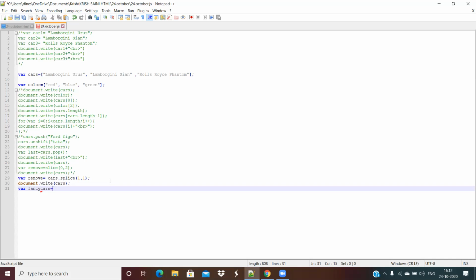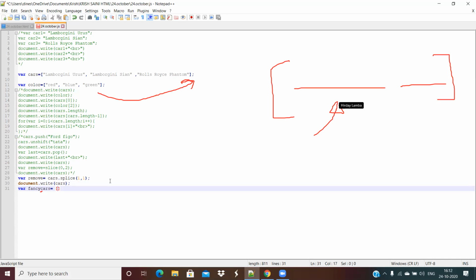So we have got this cars, and after that we want to add the colors over here. So we will have one big array, which will contain the cars also, and it will contain the colors also. Since cars is coming first, we'll say cars dot concat.